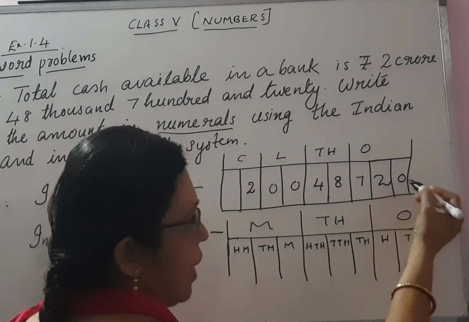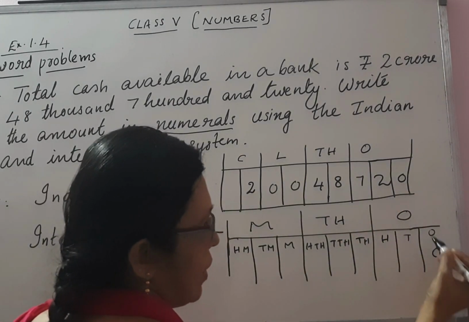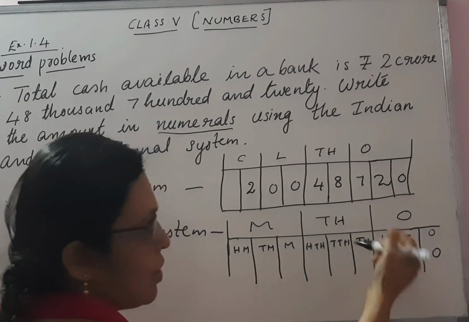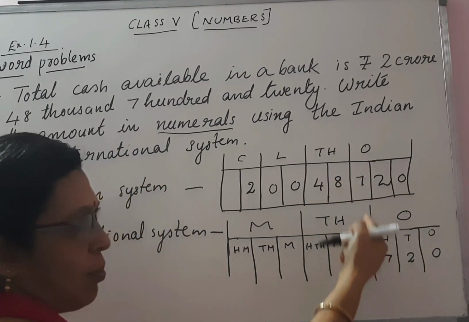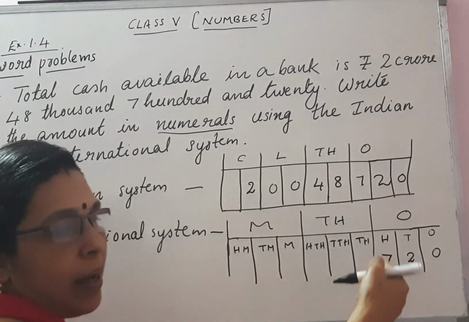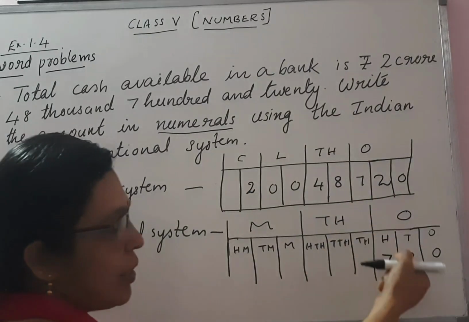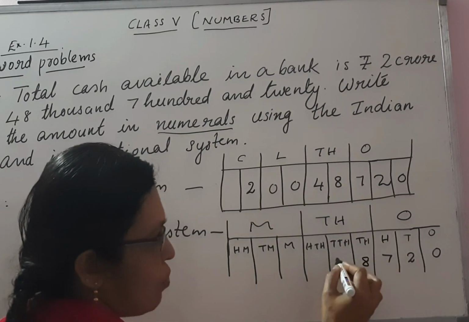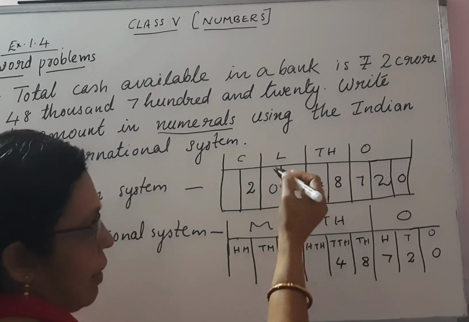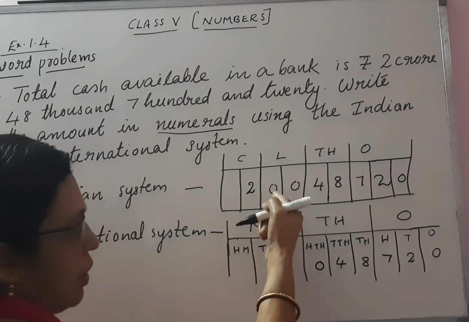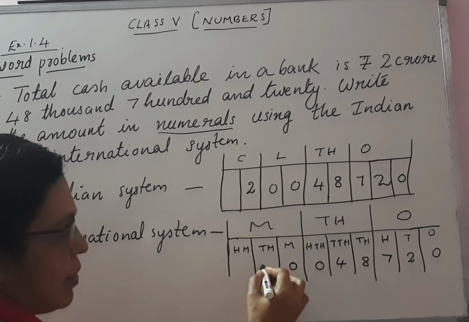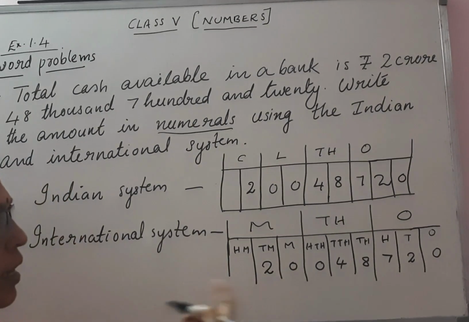We can go through what the last digit is so that we can write it here. Here it is 2. Here it is 7. From here we can copy it down because we already know that comparison I taught you. So by using the comparison only I am doing this. Now thousands place 8, 10,000 place 4, 100,000 place 0. Next million place 0. Next 10 million place 2. So this is the number.